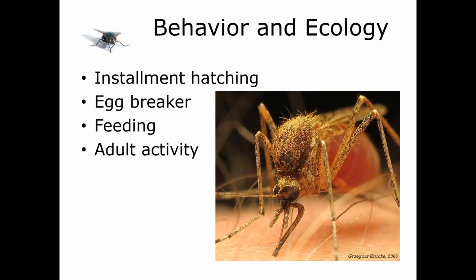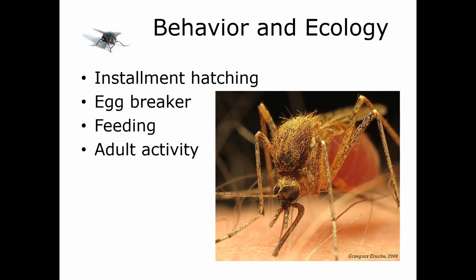Now, eggs are laid either on dried substances that are awaiting flooding or on the surface of water. If they are laid on these dry substances awaiting a flood, they may only hatch a portion of a clutch at a time during any one flooding event. This is called installment hatching. So it's the combined result of intrinsic variation among the eggs and their hatching stimulus threshold. So basically the female isn't putting all her eggs in one basket at all.